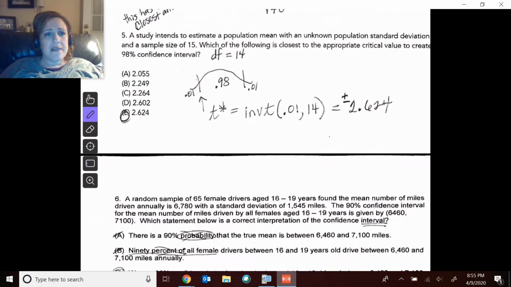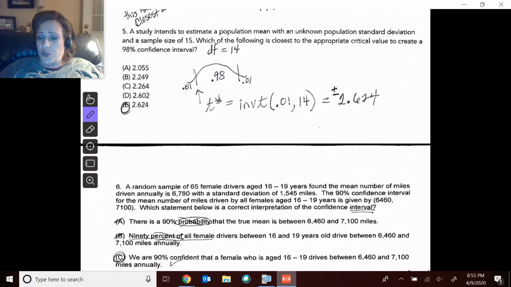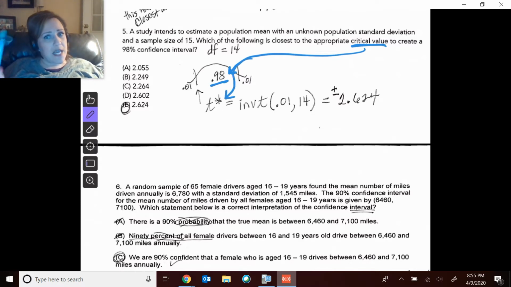All right, this one here asked for that critical value. So you need to find the critical value. While you may use the confidence level, that is what's in the middle. Use inverse t of one tail. If we have 98% in the middle, then we have 1% in the tails. And who's got a t-test? You must include the DF.